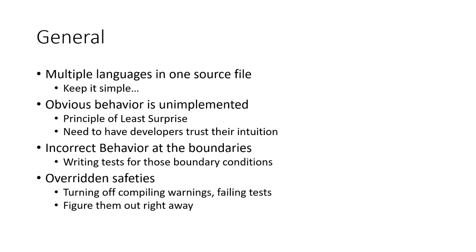So maybe something like that is harmless, but otherwise, those safeties are there for a reason, especially if they're compiling warnings, etc. Turning off those compiling warnings or ignoring the failing tests by commenting them out is not a good idea overall in a lot of cases, in all cases, I guess,